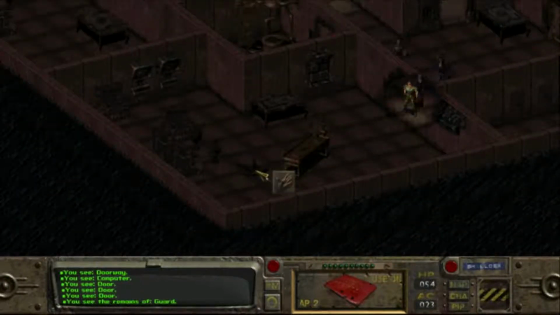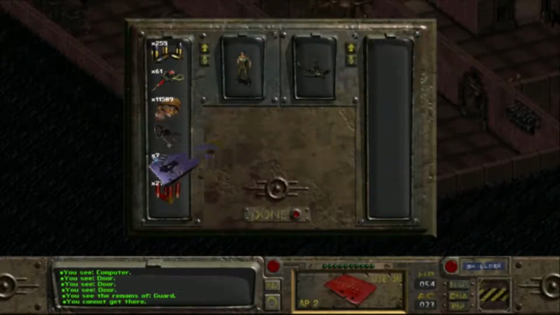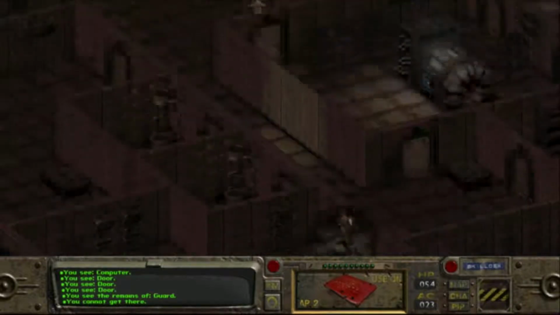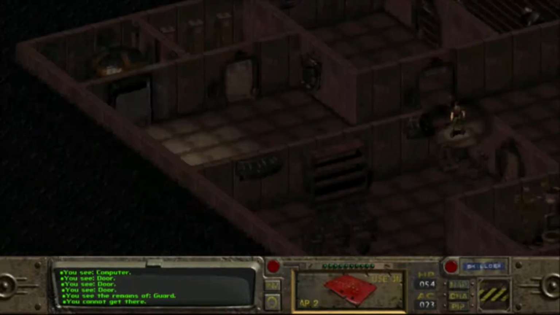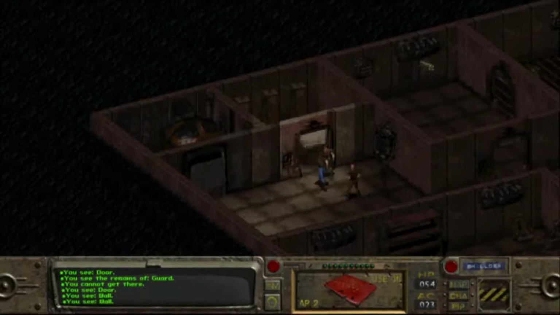Let's see if this corpse has what we need. You got a blue key on you, buddy? Yes, you do. With the power off to everything, the computer is in, just like the robots, kind of in suspended animation. So we need to get...